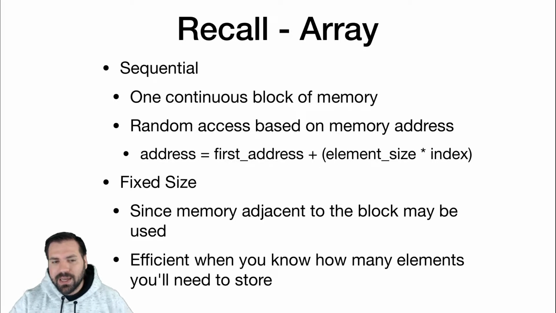of that array. And if we want to move to a different element of the array, we take the size of each element. So like if this is an array of doubles, the element size is going to be 64 bits. Multiply that by the index we want to reach, and then that's the memory address for that element. Since this is a continuous block of memory, and memory addresses are just numbers, we can do a little bit of arithmetic, starting with the first element, and find any element in this array that we want.